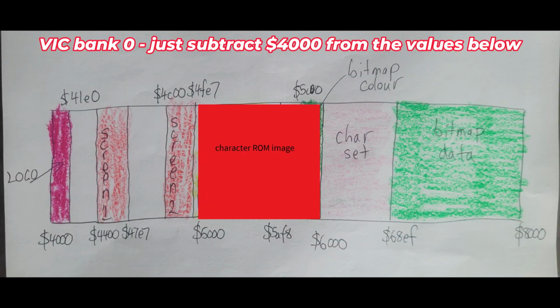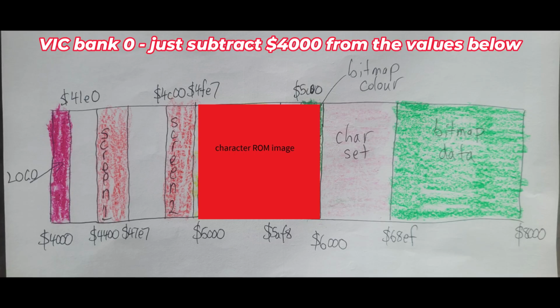Fitting them into the Commodore 64's 64 kilobytes was a challenge. The assets don't fit into the default VIC Bank 0, since the VIC chip sees $1000 to $2000 filled with a backup of character ROM. We can't overwrite it, and therefore the video assets can't fit into the default VIC bank. You can see in this picture that the red area is the part that is occupied by the character ROM image. In VIC Bank 0, there simply isn't enough space for the 27 sprites, screen memory, bouncing logo, bitmap data,